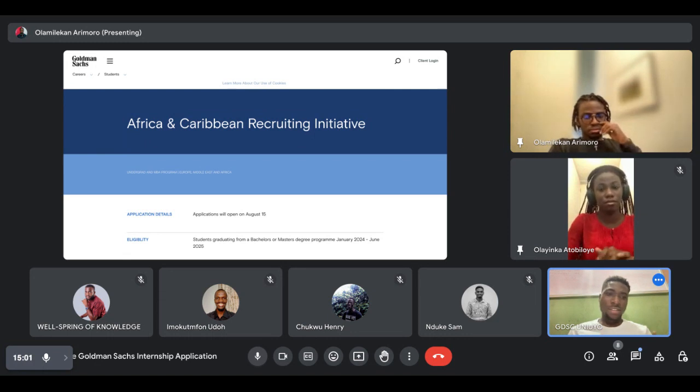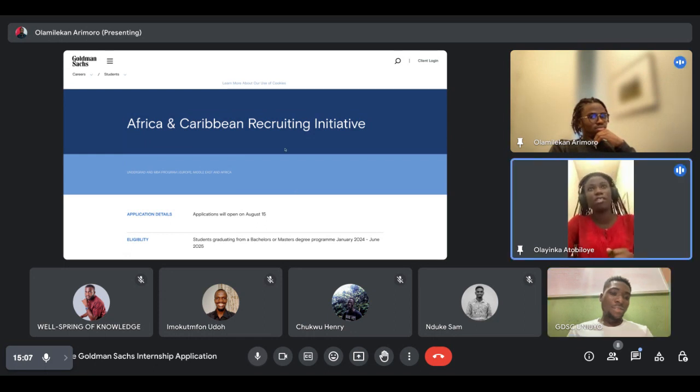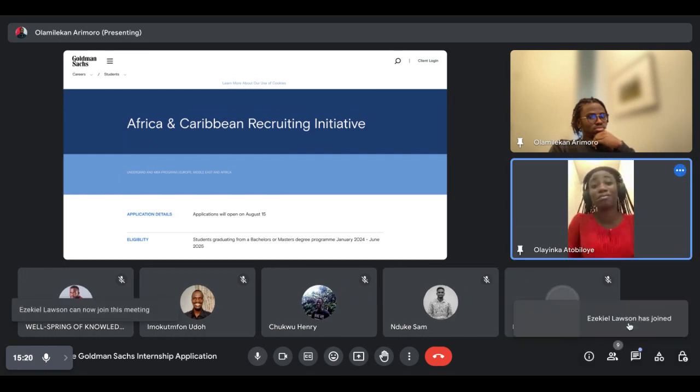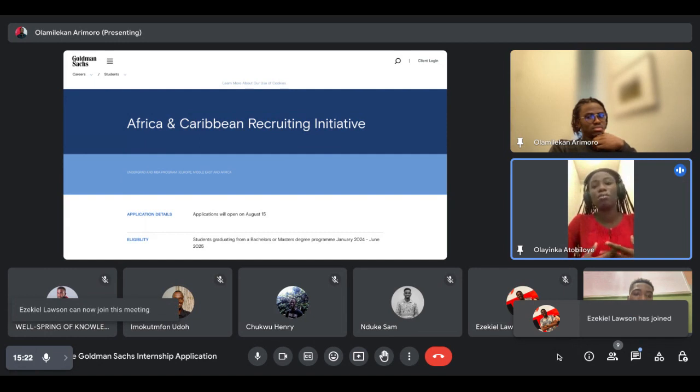Does that count? Is it like a rolling kind of thing? It's not rolling. Because it starts in the summer, they need to apply and they need to take in people as early as they can. So I don't know, it differs when it closes. Even when it opens differs, because I know that last year it opened around December.